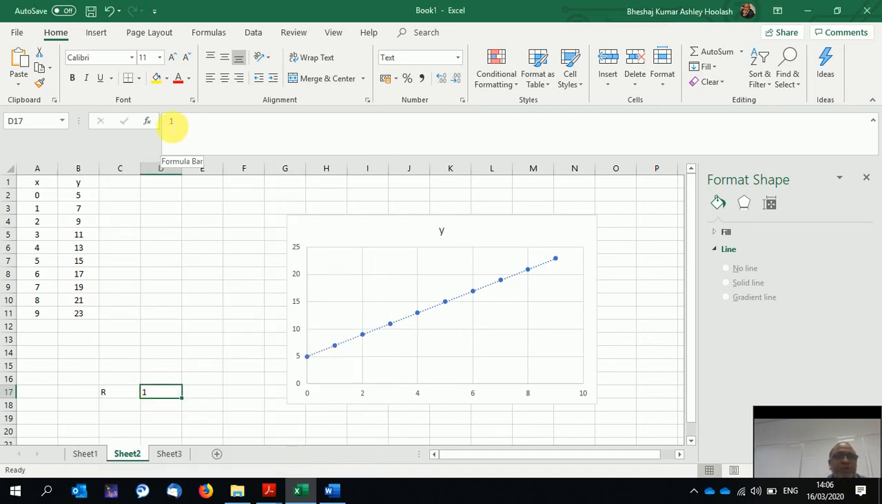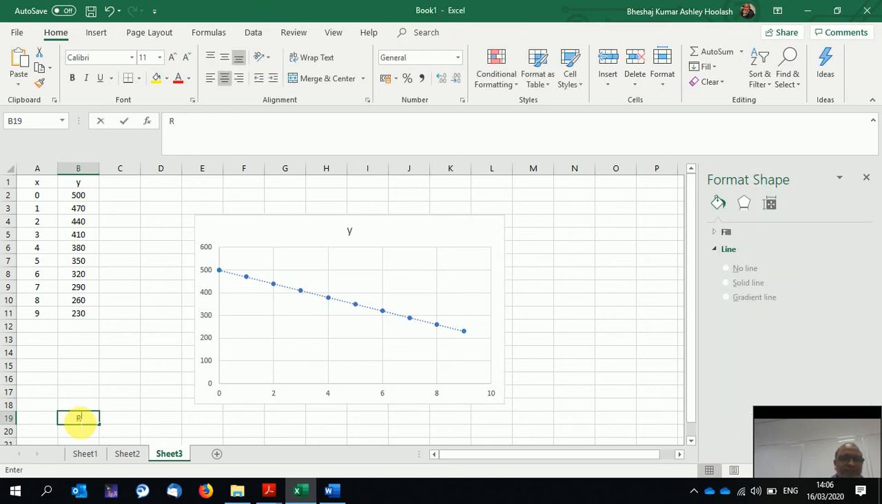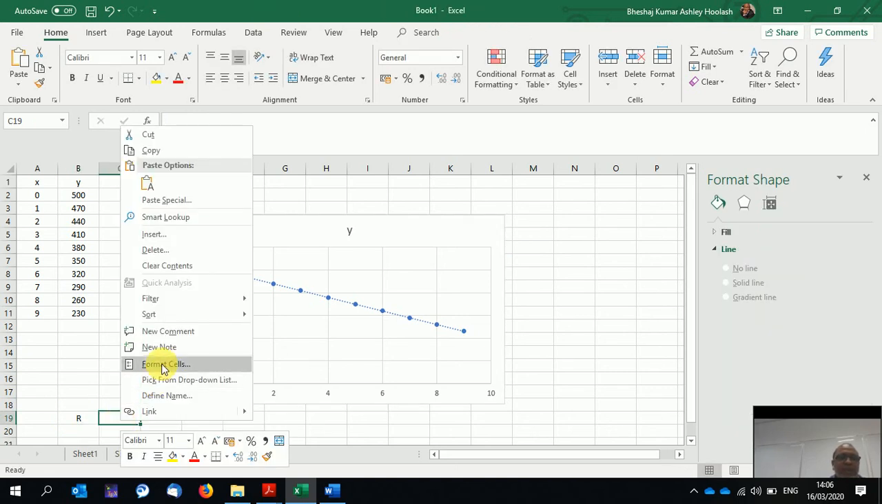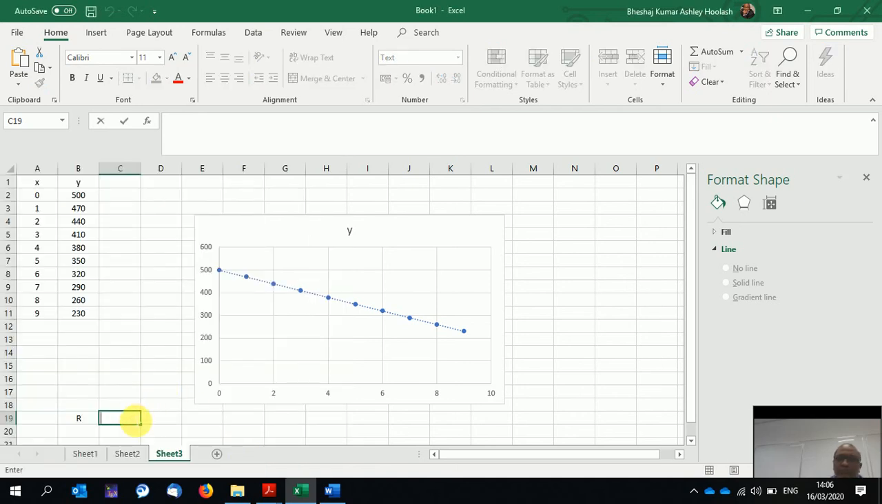So only because it's going upward, that's why it's plus. And you know why it's 1? Because the line is exactly lying across all the dots here. If I have to put my r, it will be minus 1, only because 1 means perfect, all the dots align with the line, and the minus